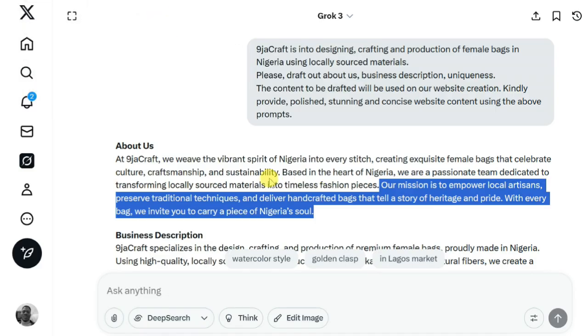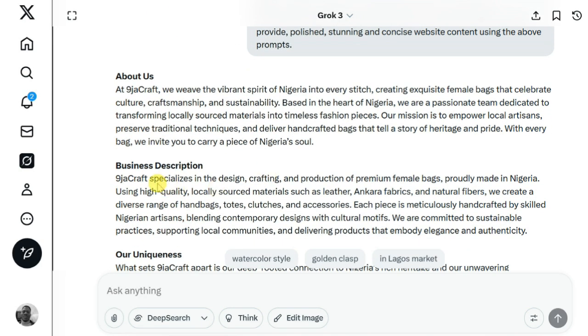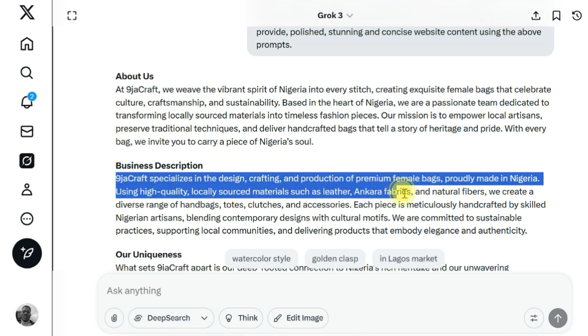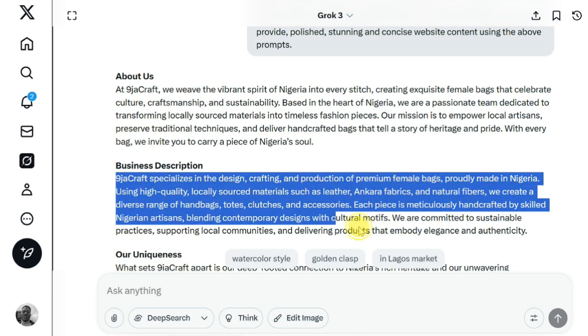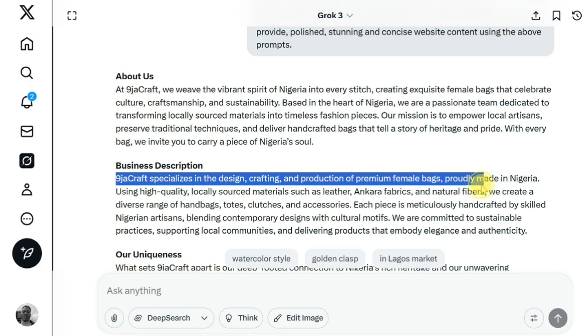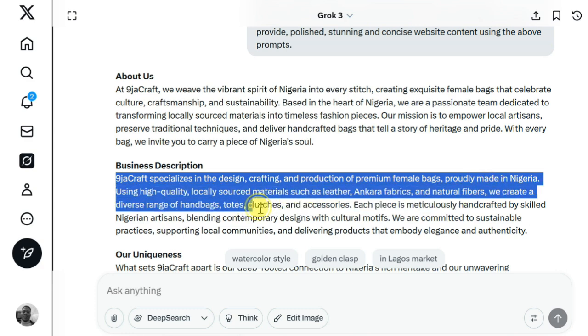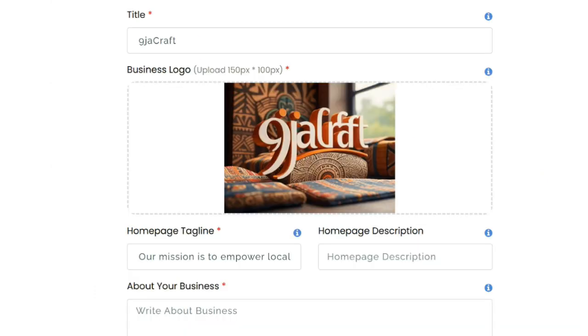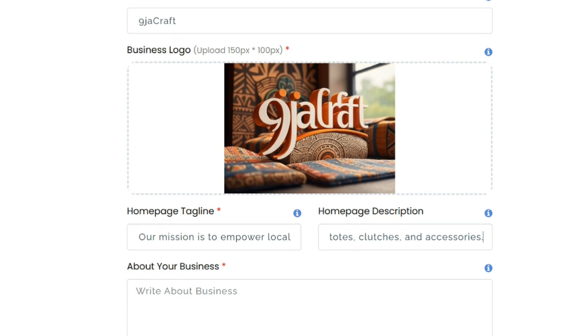Home page description, we'll go with our business description. Let's just summarize here. We'll stop here, paste it here.